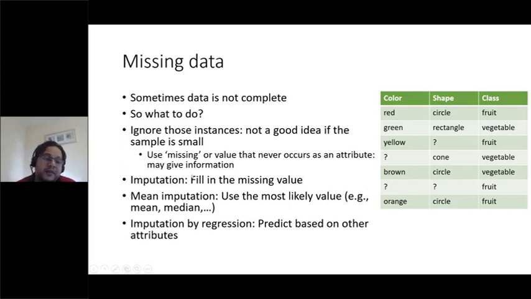So this is by ignoring. The second solution is to guess these missing values in some way. We can do mean imputation. When we have something missing, we compute the mean or the median value in here, or the maximum. So there are other ways. If there are numbers, we can compute the mean in here, and put it in here. The median as well is a possibility, or the maximum value, the one that is repeating the most, and put it in here. We can also